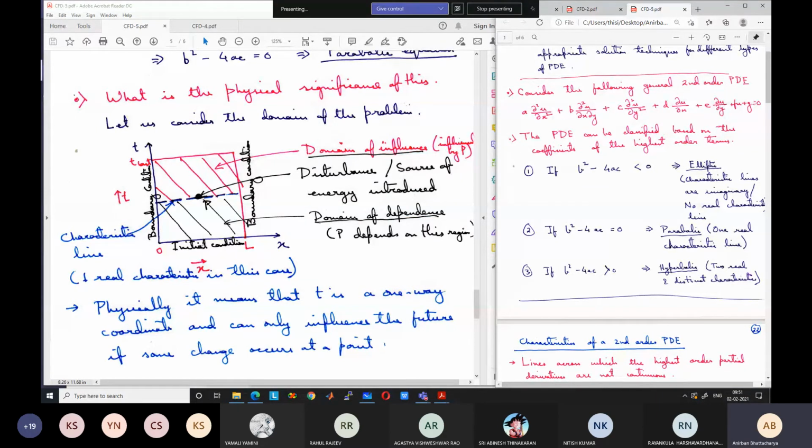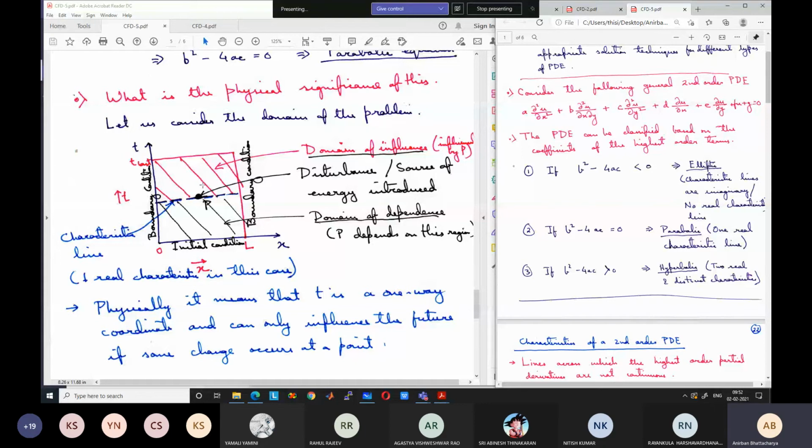P also is located some distance along the time direction. So it is not at time equal to 0. It represents a certain time. Say the entire time is 100 seconds, but P is at 60 seconds. So at time t equal to 60 seconds, at a distance of x equal to 0.4 from this axis, we have introduced the source term. It means that before 60 seconds there was no source term in the rod. Only at 60 seconds we have introduced the source term, at a physical point x equal to 0.4.